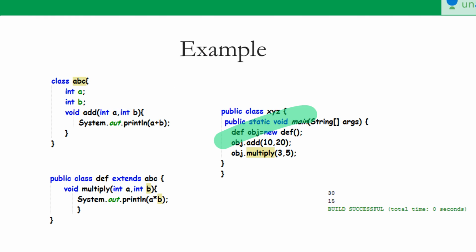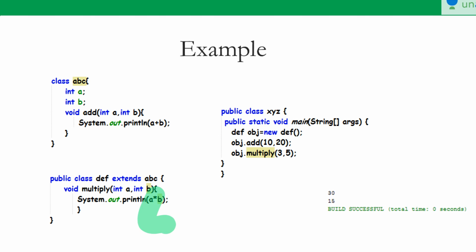Basically, if you have two versions of any app, an earlier version and an updated version, you will definitely go for the updated version. Similar is the case here. We have to create the object of the DEF class because it has all the states and behaviors of the base class, and it also has some additional features.